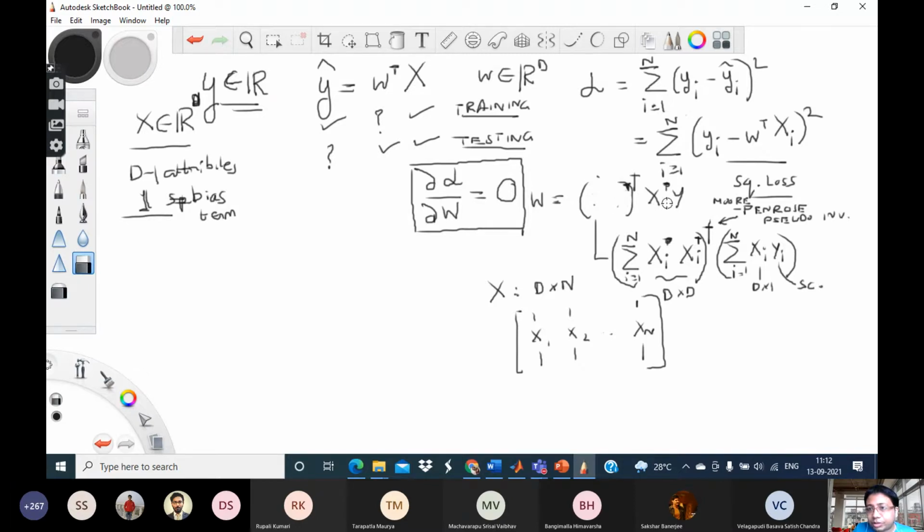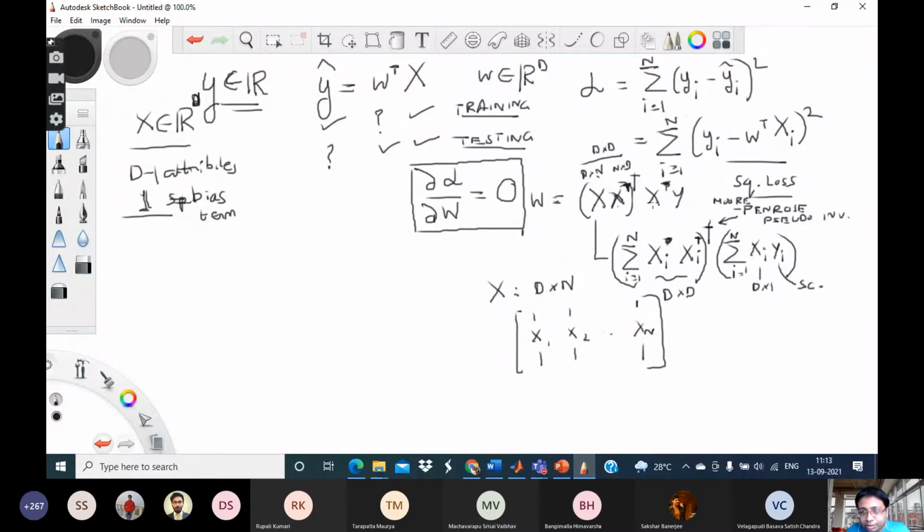See, the same can be said about this part also. Either you can write it like each individual vector multiplied by the corresponding scalar y, or you can consider y itself as a vector of all the responses from all the examples. I'm just coming to that, just a second. So this is X X transpose. This X is d cross n, this X transpose is n cross d, so what we get here is d cross d.